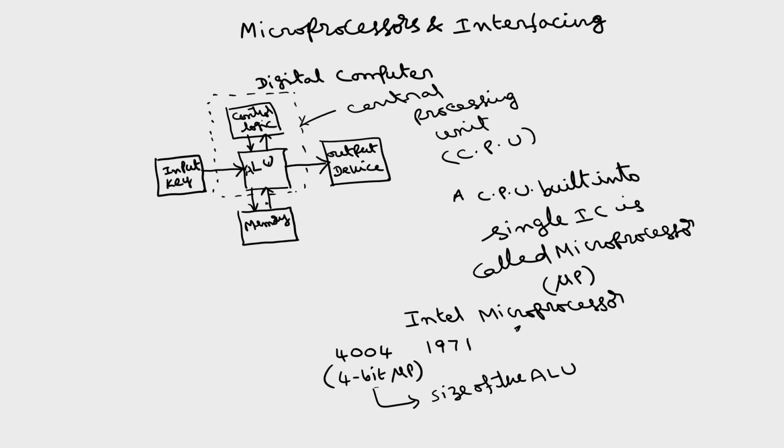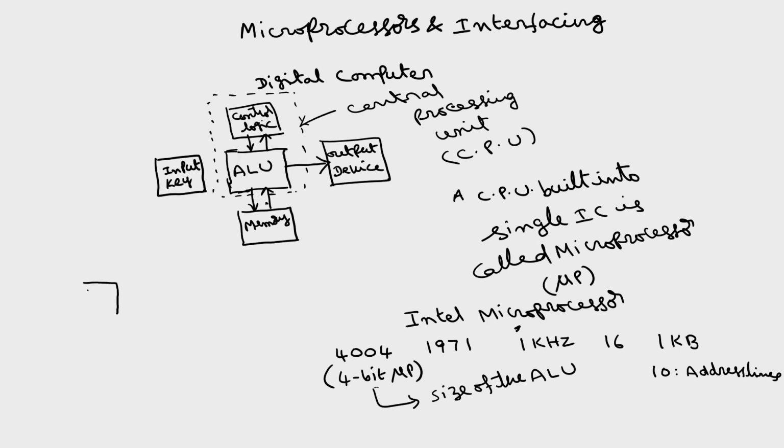This is a 4-bit microprocessor whose clock frequency is 1 kHz, and the number of pins in this IC is 16. The memory capacity of this 4004 was just 1 kilobyte, meaning there are 10 address lines. So, what is the relation between the number of address lines and the memory capacity, the maximum memory that can be connected to the microprocessor? Here, the memory is outside the microprocessor.